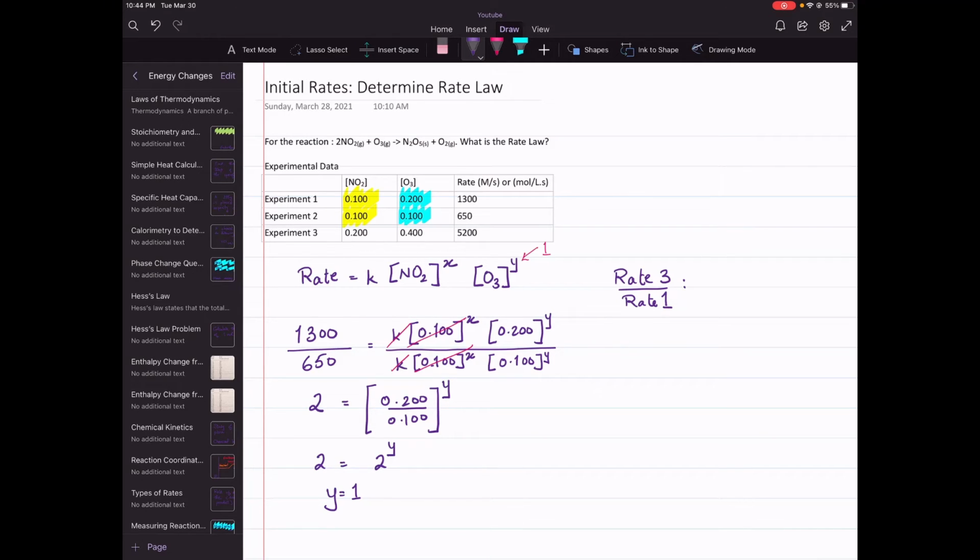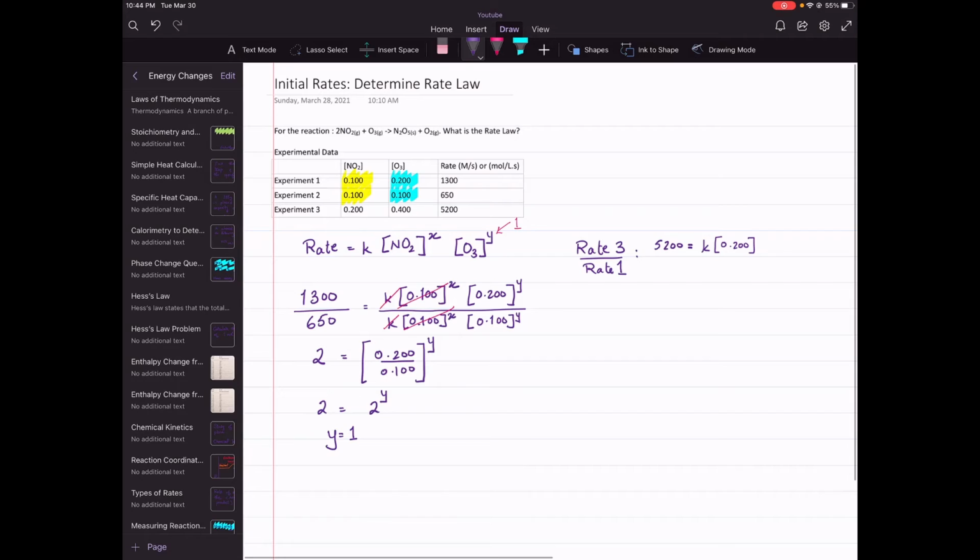So rate 3 will be equal to 5200, is equal to k square bracket of 0.200 to the power of x, where we don't know what the value of x is, square bracket 0.400 to the power of y, which is 1. We already know that value, over